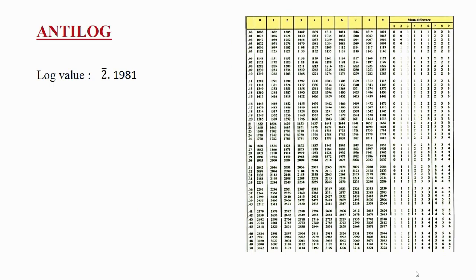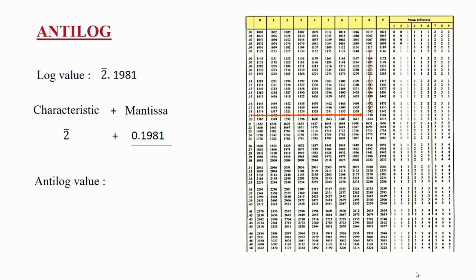Now the log value is bar 2.1981. You can see, students, over here the characteristic is negative because it is the log value of a number less than 1. Now let's prove it. For that, we have to consider the characteristic as bar 2 plus the mantissa value 0.1981. Let's find the antilog value. For that, consider the mantissa part. Observe 0.19 in the very first column. Along the 19 row, observe the value under the 8th column. Now add the mean difference from the first column along the same row of 19. The value is